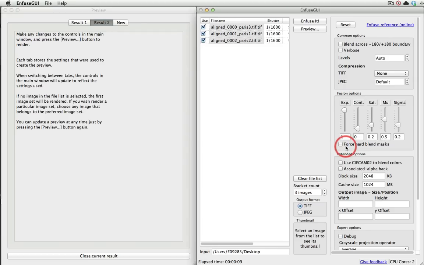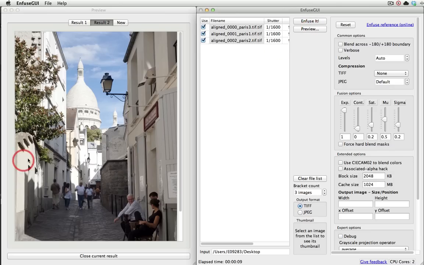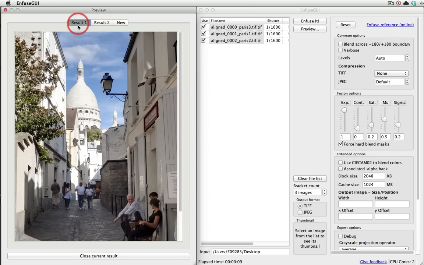So I'll uncheck that and just preview that a second time. And now we have this new preview, and I can cycle backwards and forwards between the older preview. The hard edge or the hard blend masks just creates a slightly more localized contrast. I'm actually going to go perhaps for the option that doesn't use the Force Hard Blend Masks here, and then